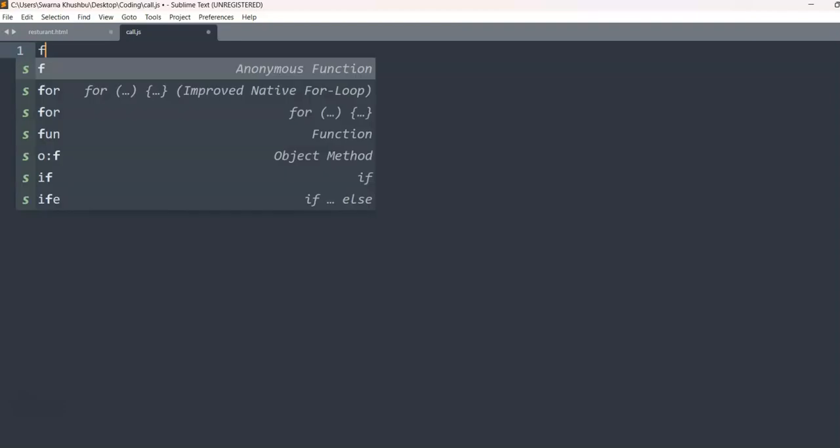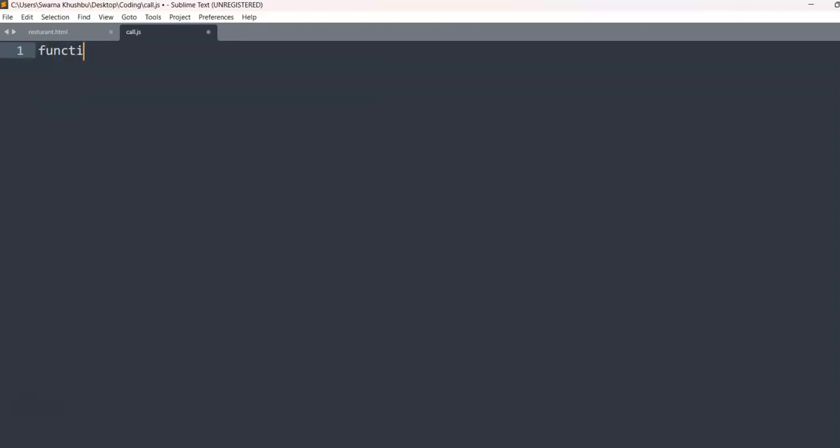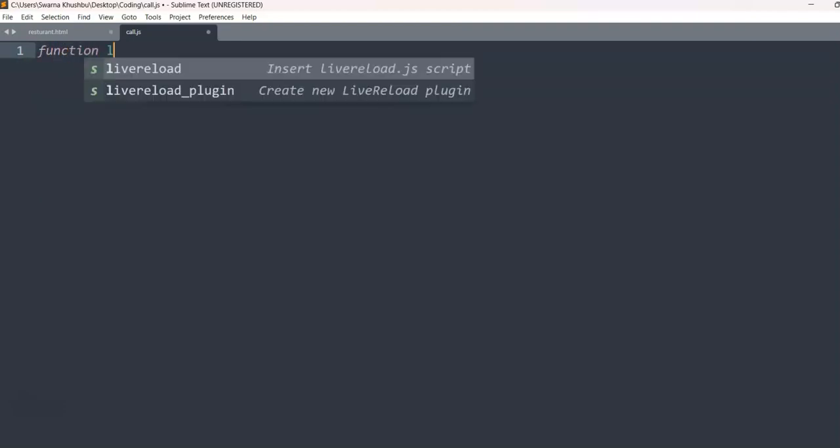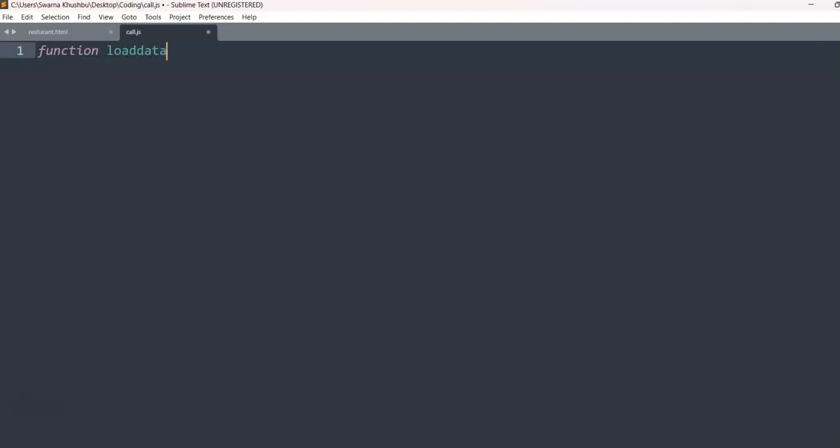Okay, so first of all, I'll just create the JavaScript code and then we can test it out in the web page whether it works or not. So you can start off with a function. Let's say for loading the data, so I'll write function loadData. Okay, and this is a callback function. Now next, let me write for clarity, this is basically